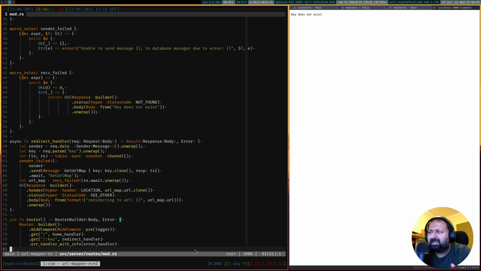I think you should already have a fairly good idea of how it can be done, given that we are going to do similar kind of work as we are doing it in the redirect handler. The only thing is we'll try to see how we organize those routes, and then also we'll try to see if we can maybe add an authentication layer, because I don't want everybody to have access to the CRUD API.